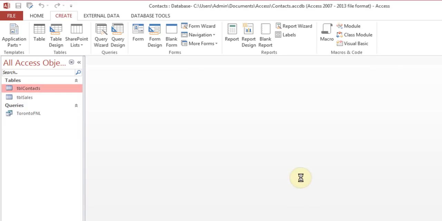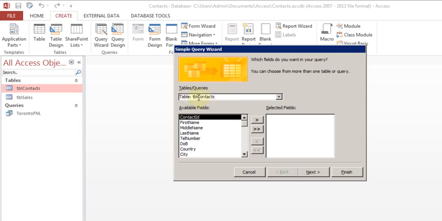I'll click OK. Now it's asking me to choose which table. So if I wanted the other table, then I'll have to click here and then choose that. So you can create a query on any of the tables, and you can even create a query based on a query. So for now I just need table contacts, and so these are all the fields. Now for some reason the picture, the attachment, they show up like this. So instead of using the double arrow which will add all the fields, I'll just use the single arrow. So I'll say let's take contact ID, first name,